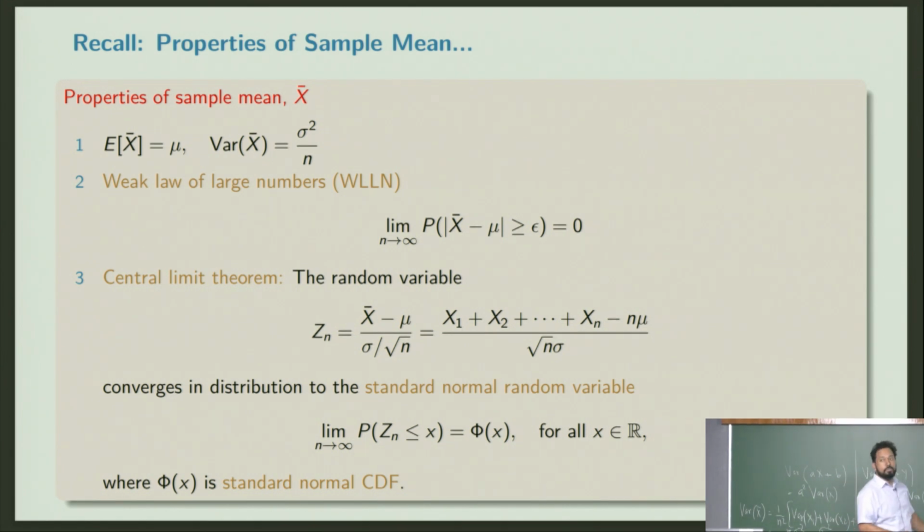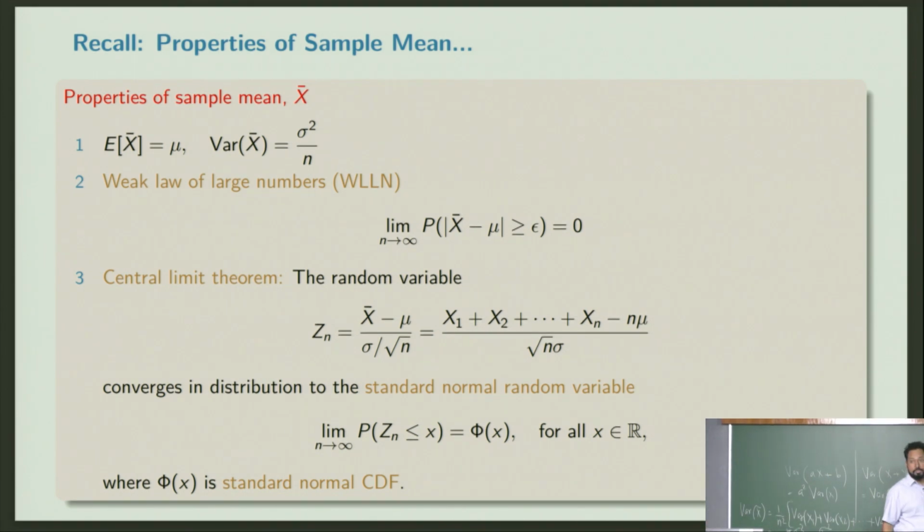Now let us look into the claim that I made, and why it's true. X bar is your sample mean, and it is the sample mean of a distribution that is not necessarily a normal distribution. It could be anything. It could be Bernoulli, binomial, Poisson, or geometric. There are hundreds of distributions.